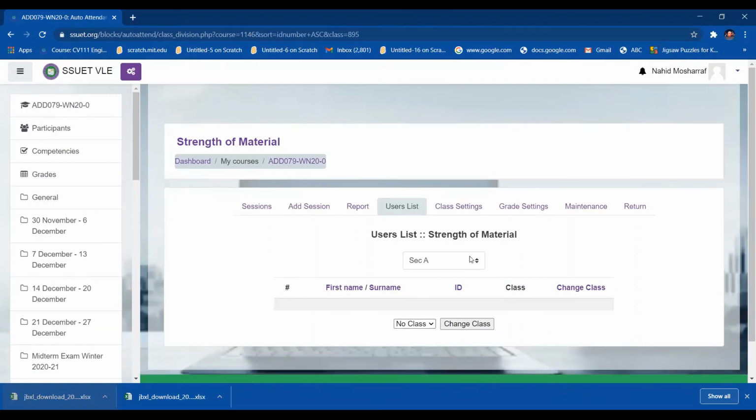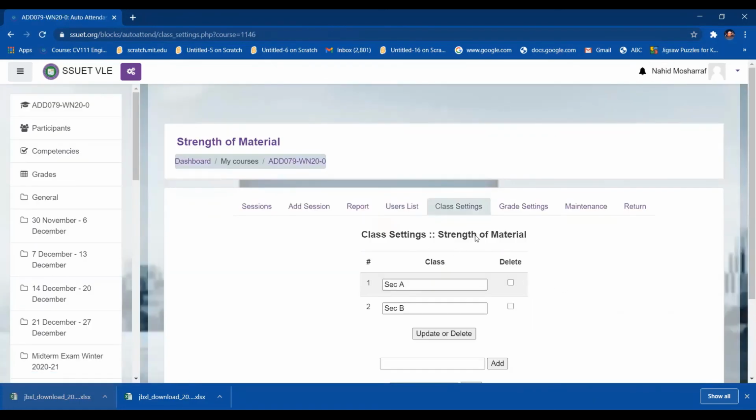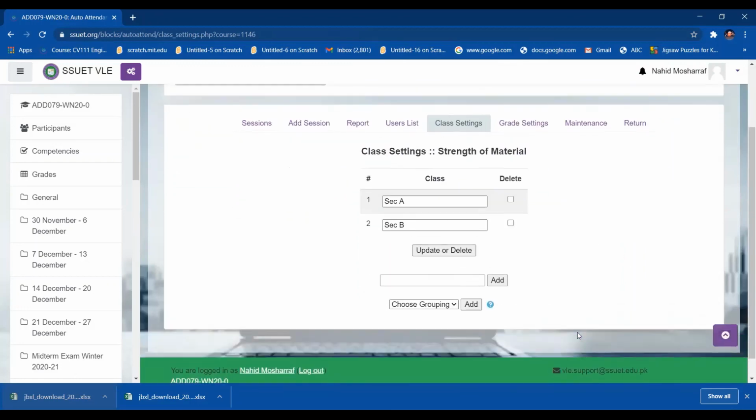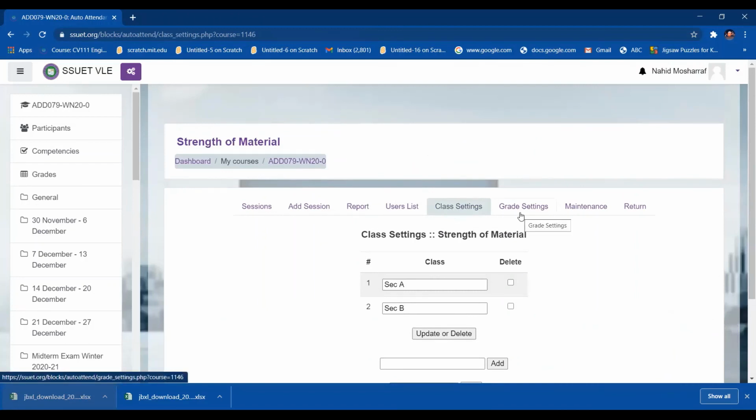Right now I have no section over here, and I cannot change their section, because this authority has been taken from me by the administrator. So right now I am unable to do that. I'm just trying to tell you how you can do the attendance session work.